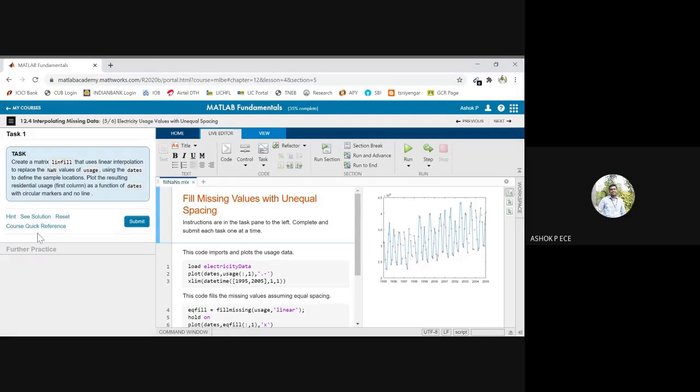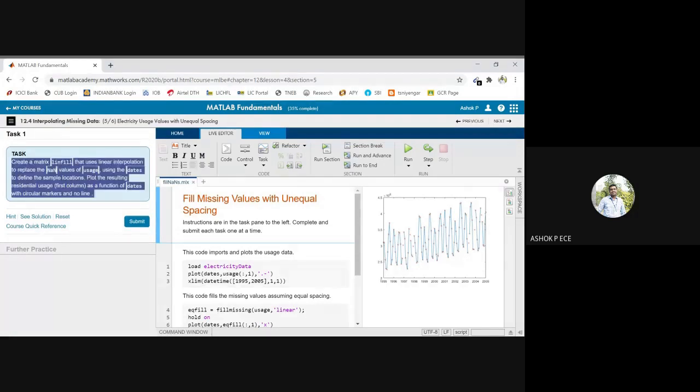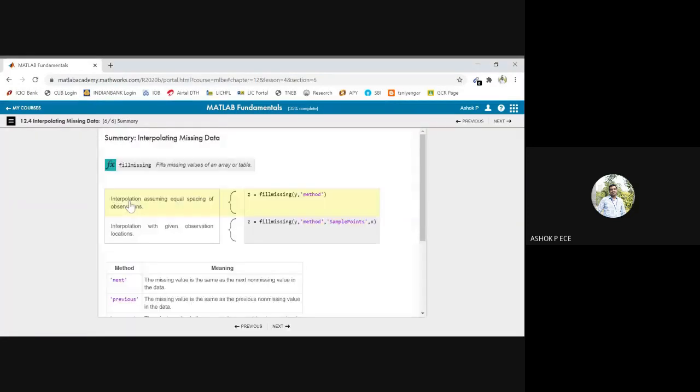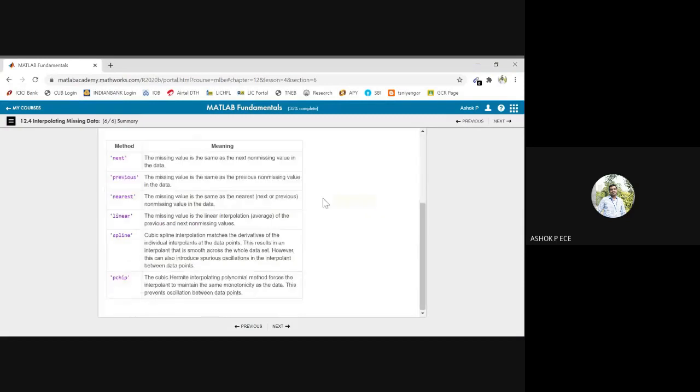I'm going to use the linear and p-chip methods for interpolating, and I'm going to plot. In the same way here, you see I'm going to plot using the linear method. I'm going to fill and display. The summary is that there are 6 methods: next, previous, nearest, linear, spline, and p-chip. So you can use any method to find out the missing